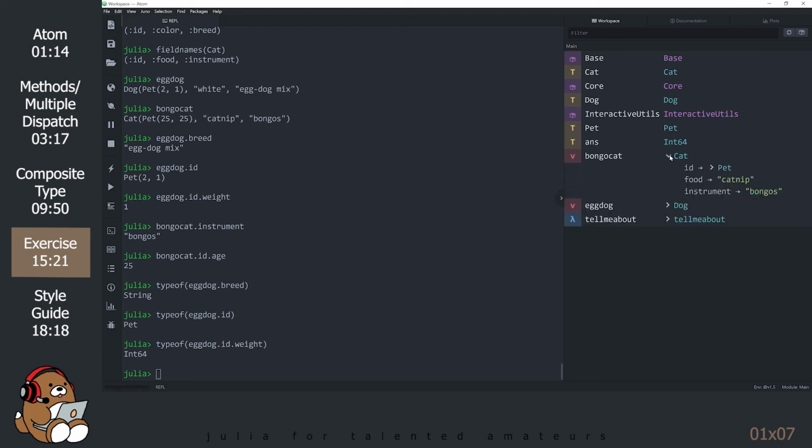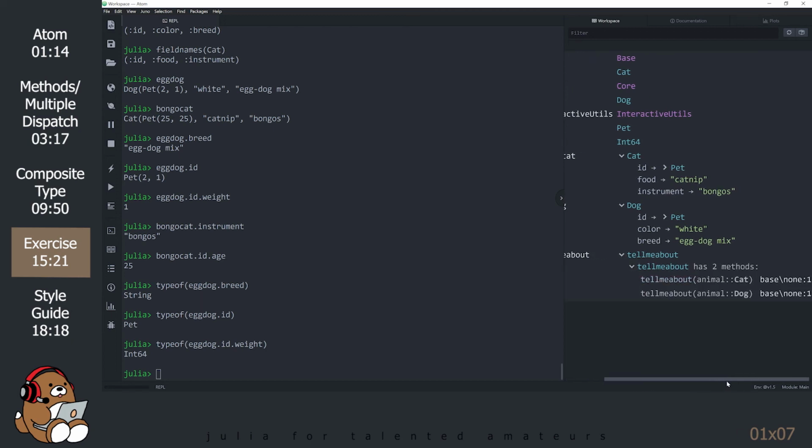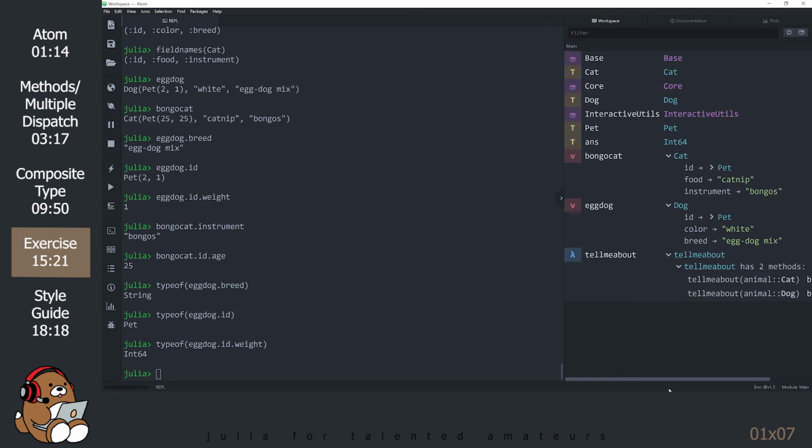Also notice all of the information displayed in your Workspace panel. I know that this is a lot to take in, so this may take some time to get comfortable with. However, hopefully you can see the power of using your own custom composite types, combined with using different methods for your custom functions.